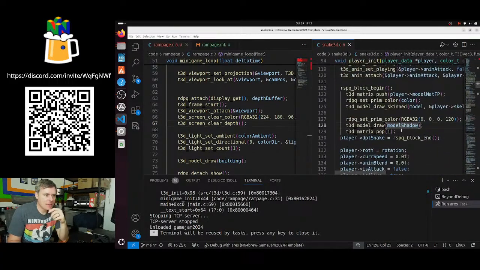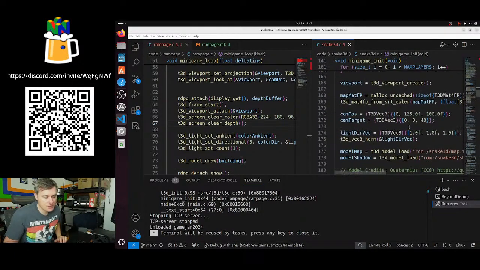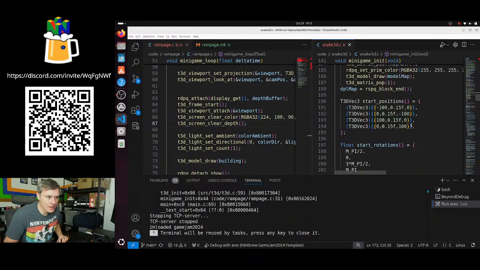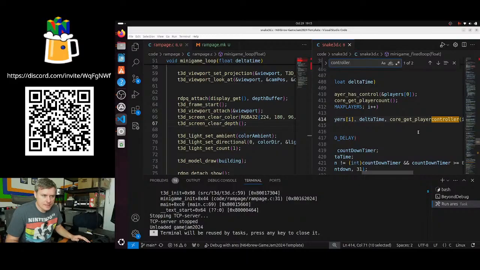So yeah, that's how I got something rendering on screen. Don't feel like you have to do 3D. You can do 2D. There's plenty of libDragon 2D examples that would work. But if you're curious about,